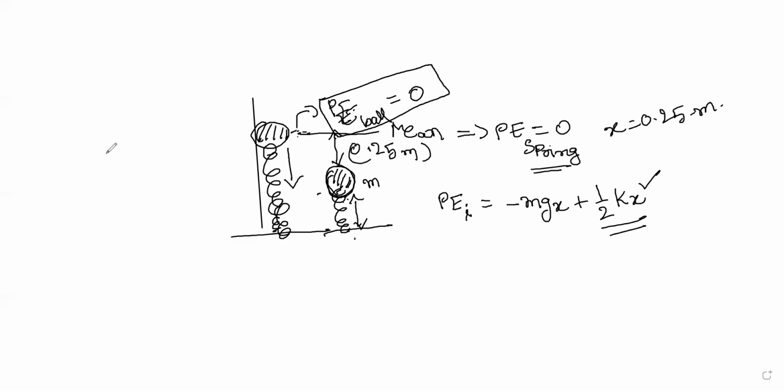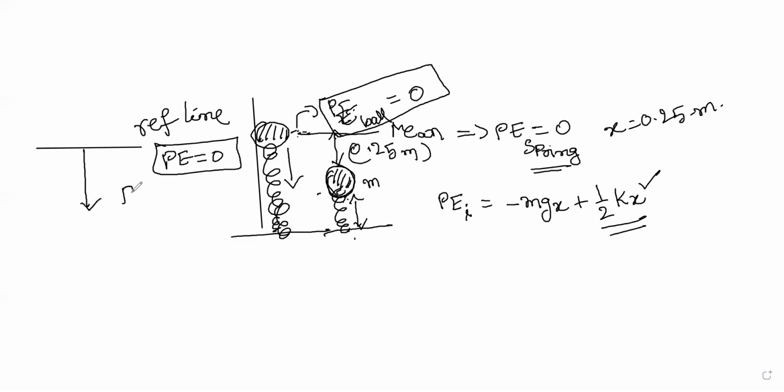It's maybe a little bit clumsy and confusing. I will tell you what that is. You see, this is called the reference line. This part you have to understand. You can choose the reference line anywhere and assume the potential energy at that reference line to be 0. Now when I go down, potential energy is negative. Go down by x amount, potential energy is negative, so I get minus mgx in this case. If I move up by a distance of y, I get positive, that is plus mgy. So this is the funda.